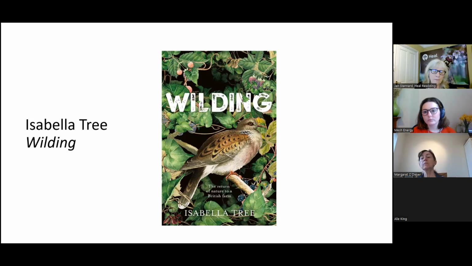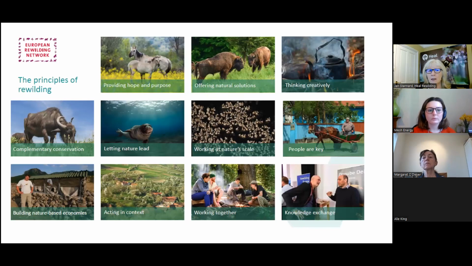And whatever line of work you're in, just think about how you can connect some of these principles into the work that you're doing, because there will be connections. So, providing hope and purpose. If you're designing a new housing estate where you've got the 10% net gain to look at, and you're able to deliver that on site, don't forget what an amazing effect it can have on people to see a butterfly, or to see bees, or to see other small creatures in the area.